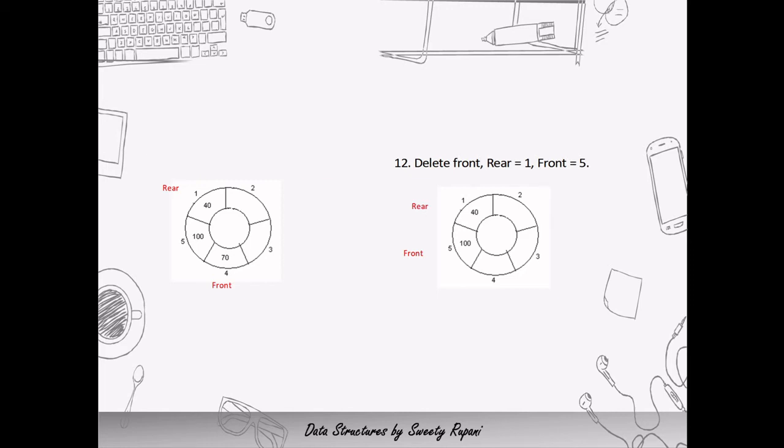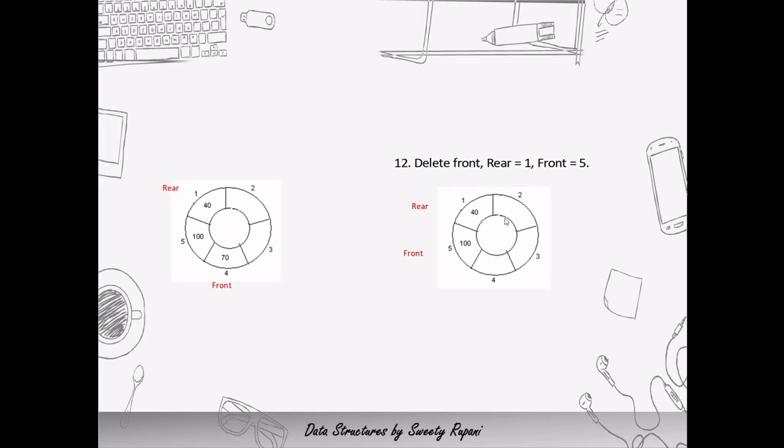So this is how insertion and deletion takes place. Later on, if you go for some insertion, it will insert the value at index number 2, 3 and 4 and so on. So we can say that a circular queue eliminates the disadvantages of a simple queue, or a circular queue overcomes the disadvantages of a simple queue by utilizing all the memory efficiently.